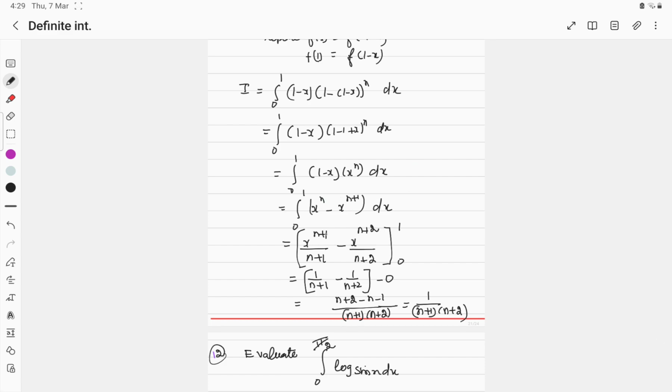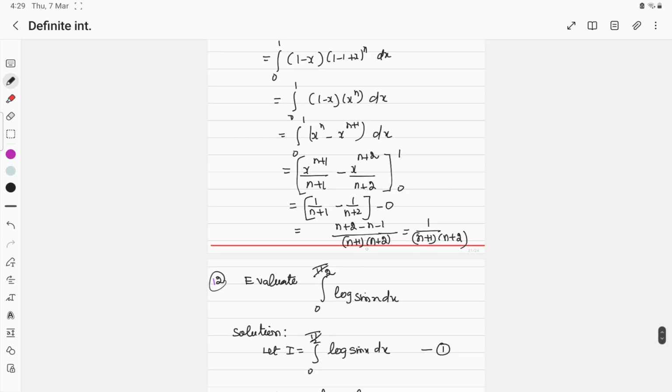On integrating, x power n plus 1 by n plus 1 minus x power n plus 2 by n plus 2, limit 0 to 1. Applying the limit, we get 1 by n plus 1 into